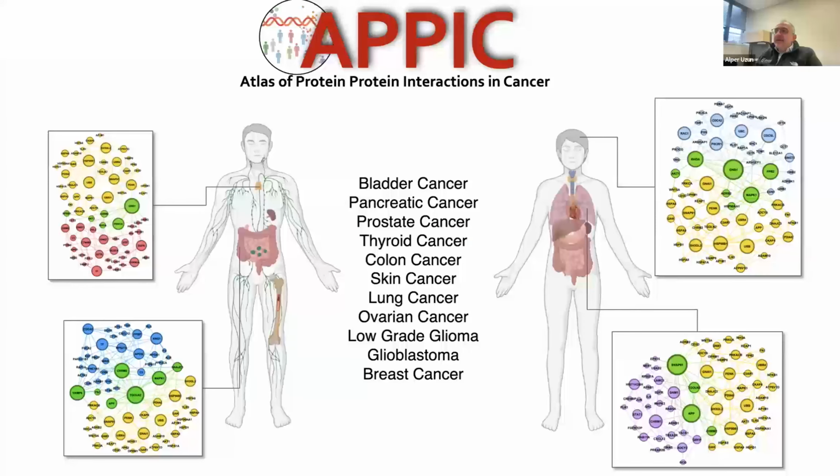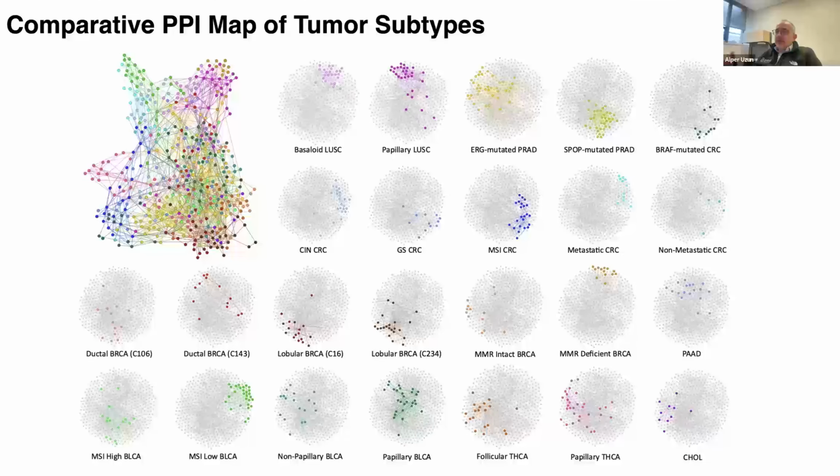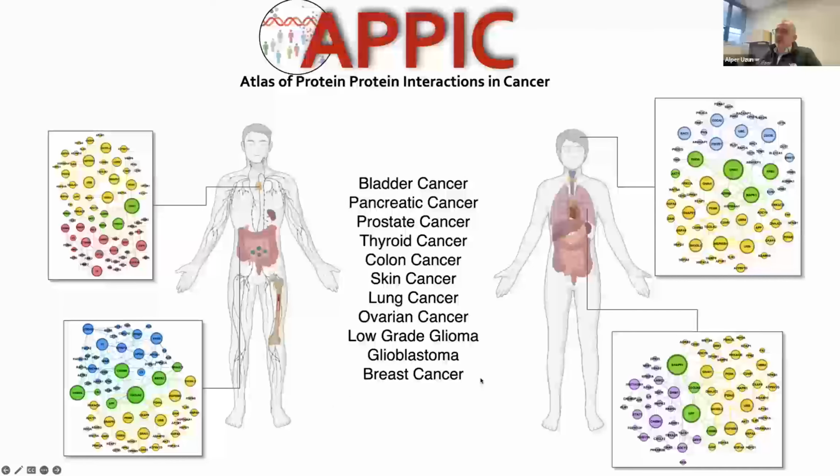So what we did was we asked the question, okay, what if we visualize all the potential available networks for all these different cancer types? And if we create a web server and make it open source, researchers can get in and get this information for their own perspectives. So this is the huge data, and what you see is the whole network of all those patients. Sorry, for cancer types, different color, different cancer types.